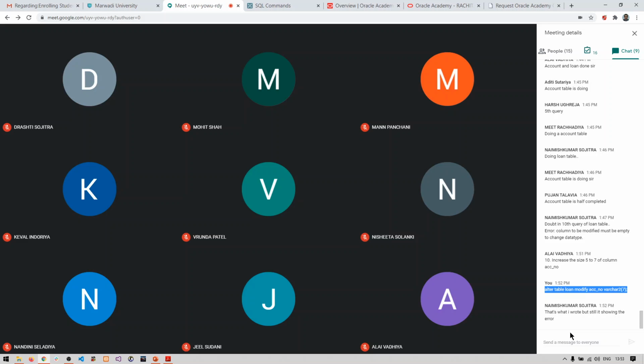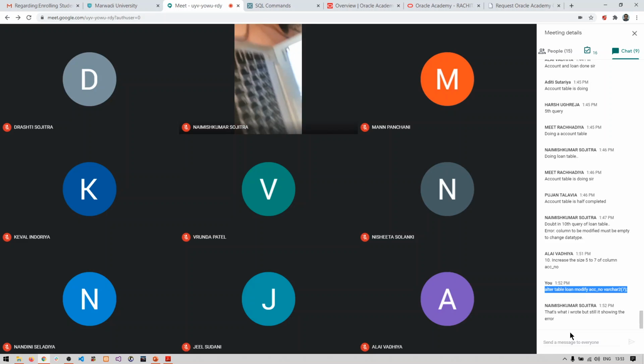See the spellings and the column name that you have written. SCC underscore NO is the same. Yes. Can you just zoom in on the part where you wrote the query? Move to the left. Left. Left. Yeah, so quite right. Stop. Yeah. So where is the query you have written? Zoom in over there.